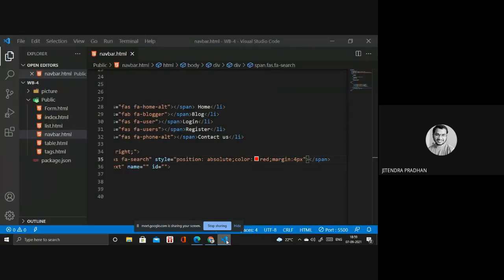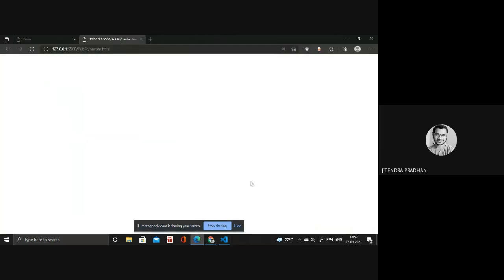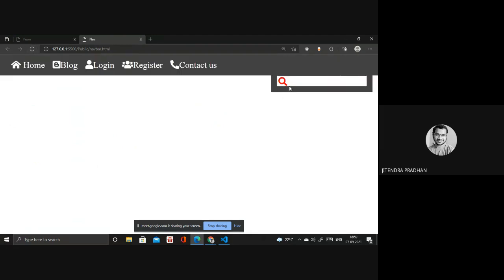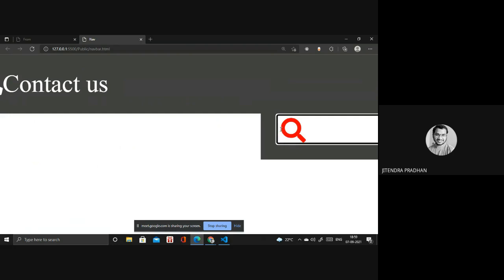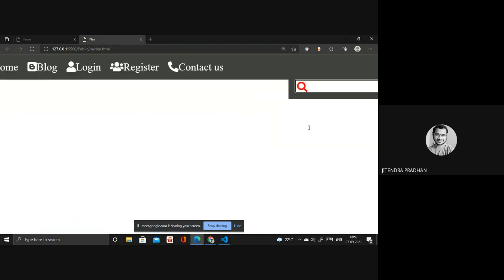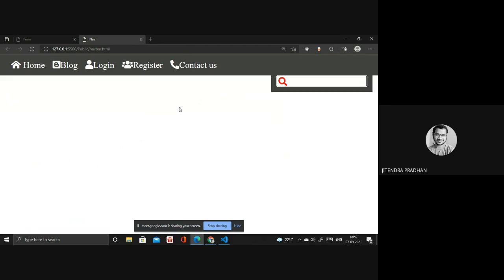That's not working also. I need to change something. Wait, yeah, it's working fine. But have you seen that one? It will start from that one, but I need it to start from there. So we can do that by using CSS. We can do all these things. So I hope you got a decent idea about how we design a particular header part.